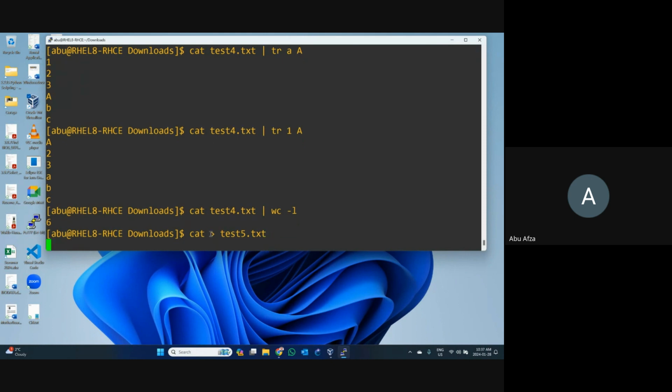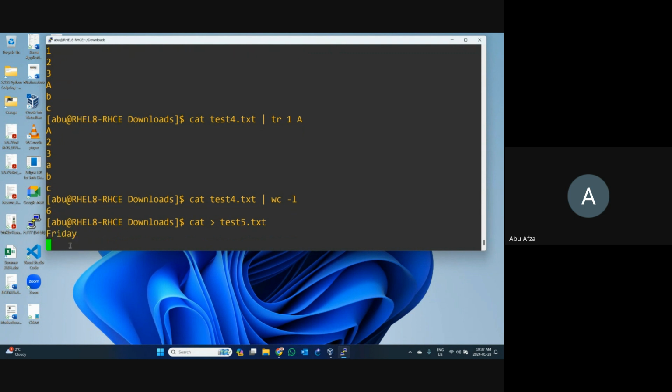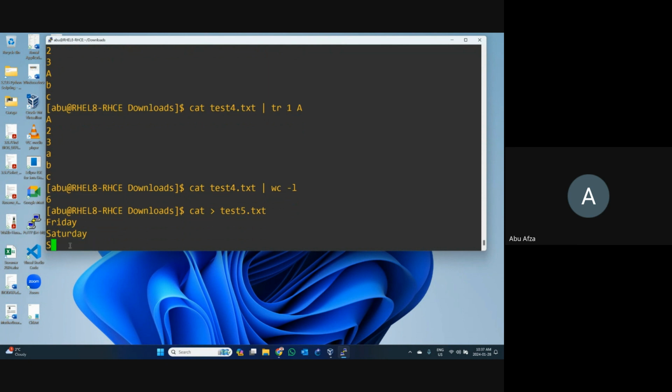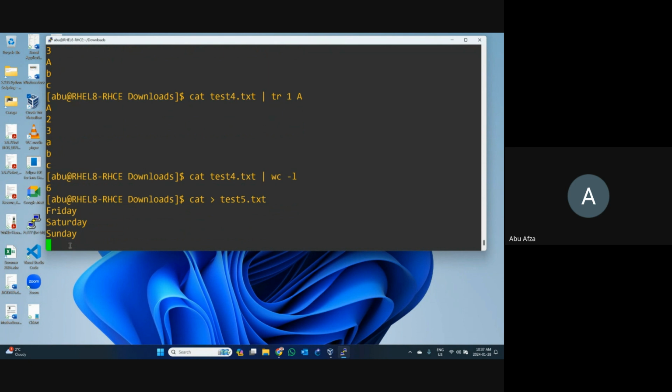Press enter. Now in your environment here, write down however many words or things you want to write. Let's write down Friday, Saturday, Sunday. Okay, I want to write these 3 lines because our class is 3 days.